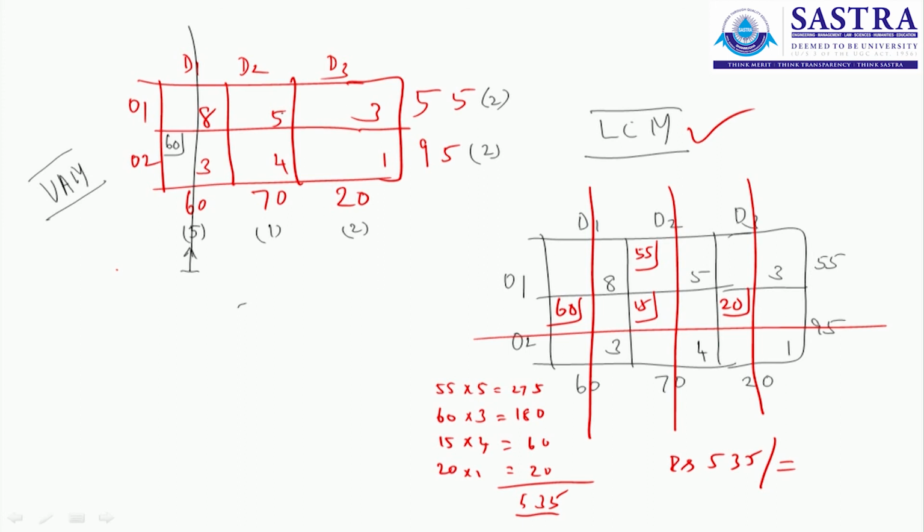Next, once again we go for differences. Since these two are not taken, we will have the same difference 2. Here the difference is 3 because this is taken off. Only these two are available. Here the difference remains as it is. Here also as it is. Among these the greatest difference is 3. Now this least cost is 1, where the demand is 20 units. You can supply all the 20 units because 20 plus 60 is only 80, not 95. So this demand is also satisfied, so I am crossing this.